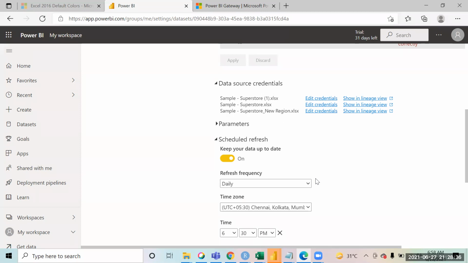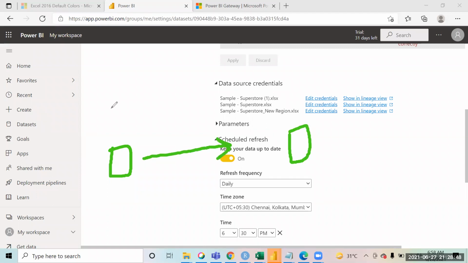The data is coming from here to here. If you have two Excel files, data will come from both of them. In this case, I have three Excel files. I have given the path and the connection of three Excel files which are flowing into my report.